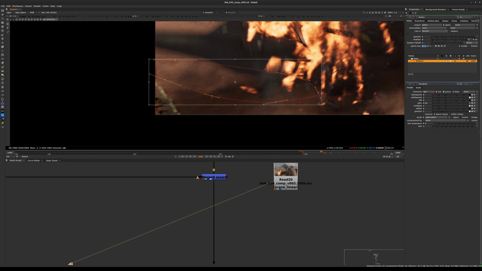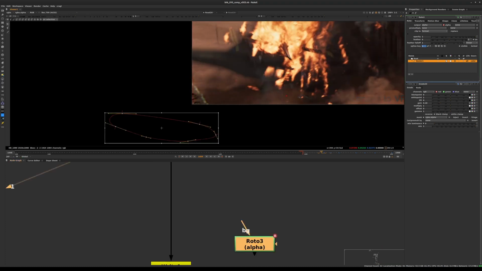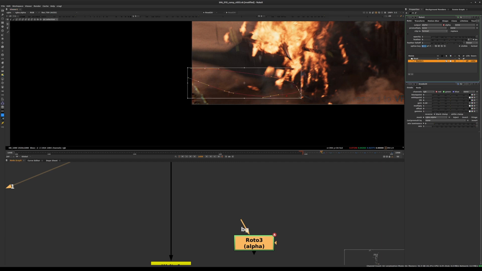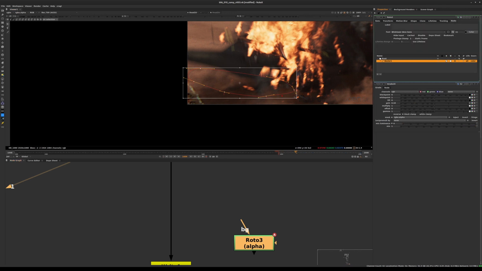And I want to make sure that for the first keyframe here, when we see the helicopter, this particular frame doesn't have any issue. So the problem really starts at frame 1460. So what I'll do, very simply, for this particular shape here, we have two options. We can take that shape, and at frame 1459, we can move it out of the area, or we can also, in here in the roto node, if we go to the very last tab, the node tab, by clicking on here, we can keyframe the